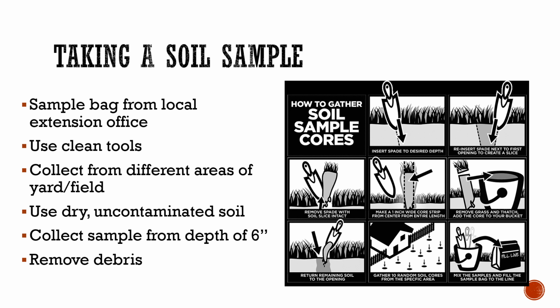Now, to get a sample, what you need to do is to go to the area that you're wanting to sample, like in your backyard, and you take a small spade, a small shovel, and dig down below the O horizon. You want to get down into that topsoil and take you a sliver of soil, put that into a bucket, go to another part of the yard and get a selection from there, and then a different part of the yard. You want to get from maybe 10 different areas of your yard, or if you're using raised beds,